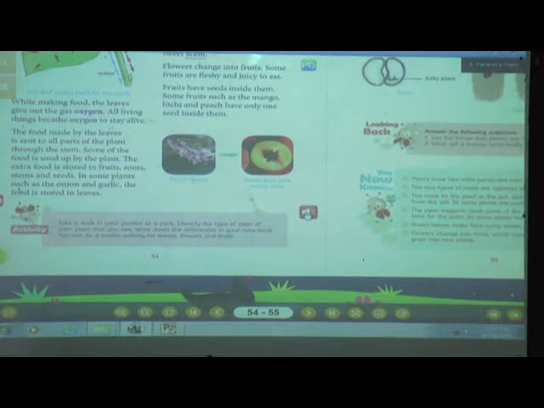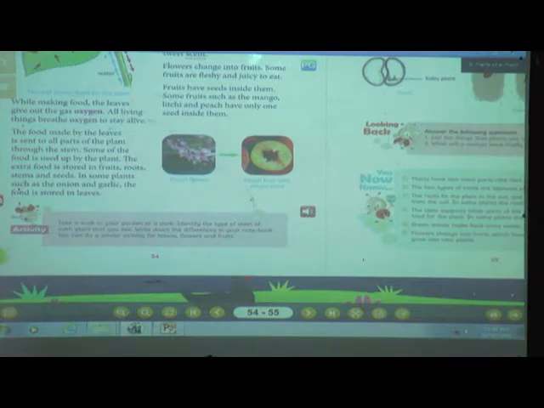You have to walk in your garden or a park, near your house. You don't need to go anywhere especially for this activity. Identify the types of stem of each plant that you see. See, all plants are different, isn't it? In the beginning I have shown you. After your observation, you have to identify the plants and write down the differences in your notebook. You can do a similar activity for leaves, flowers and fruits also.